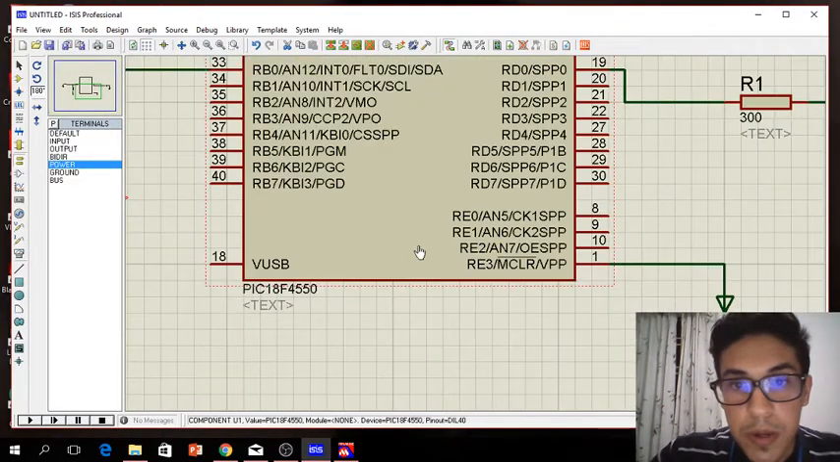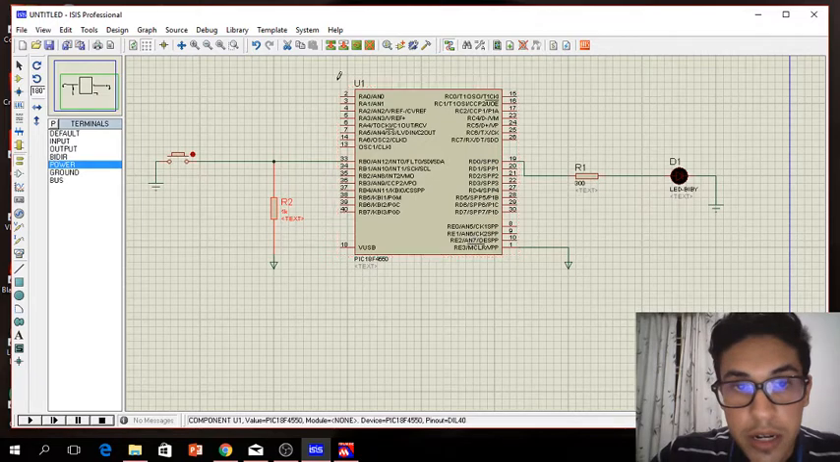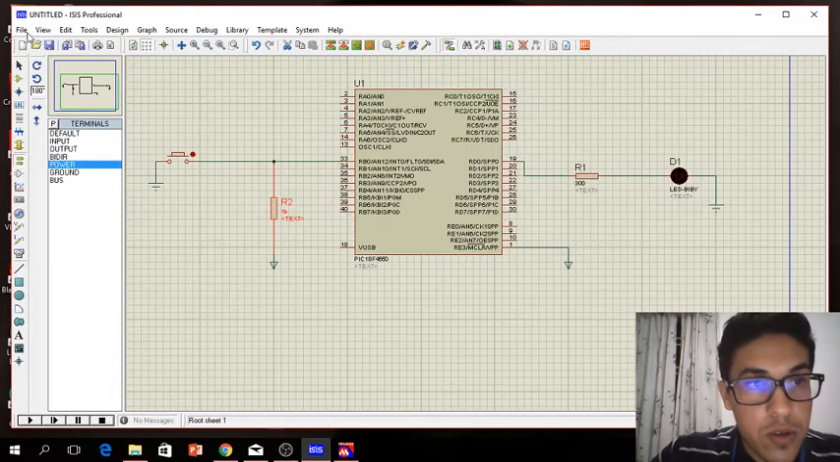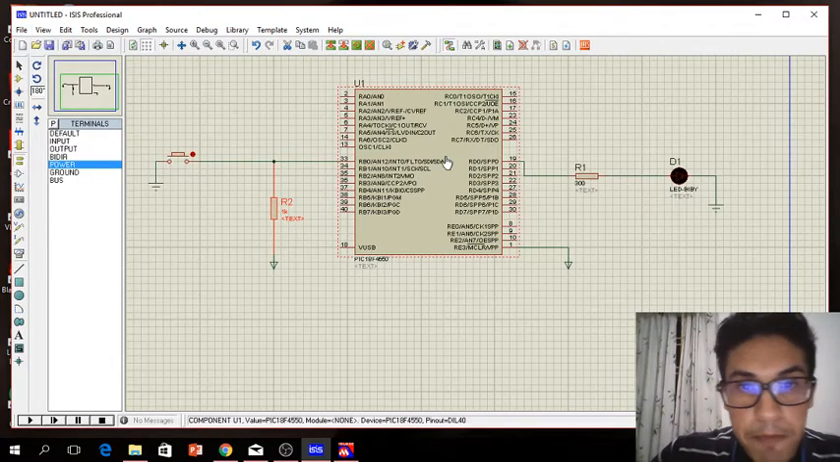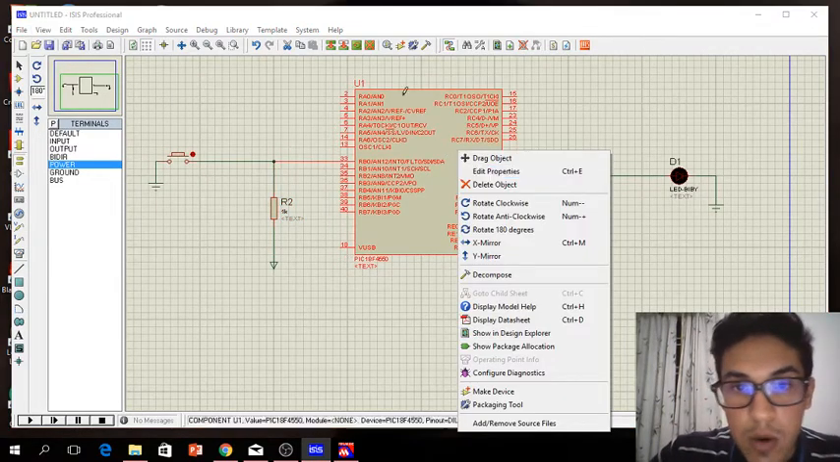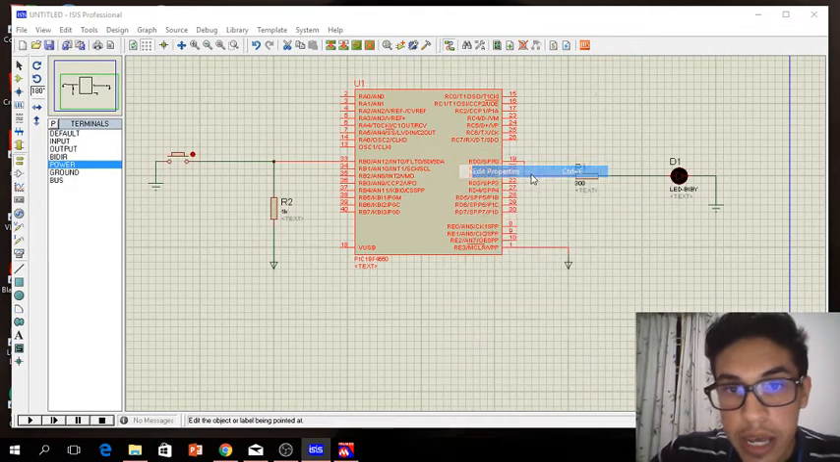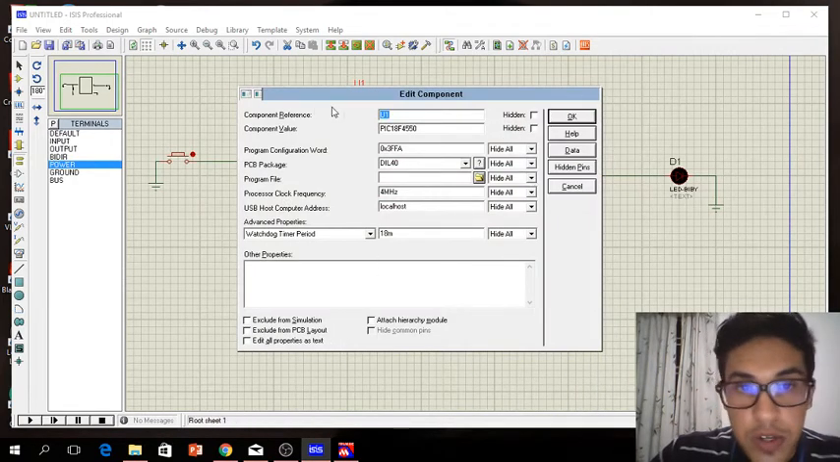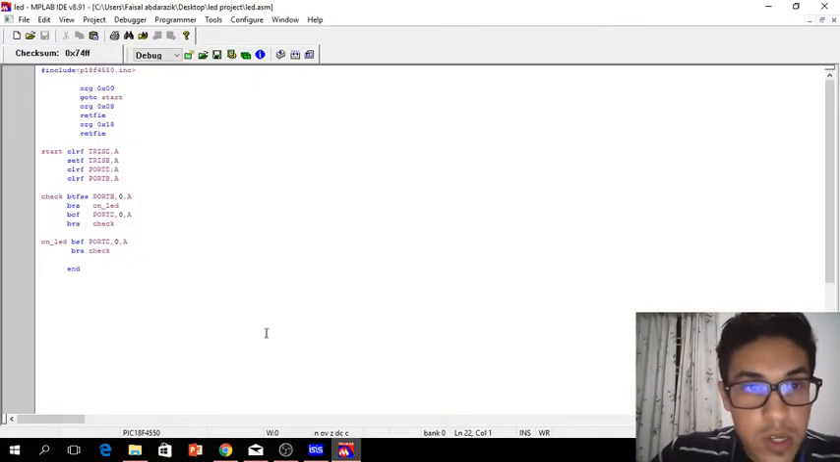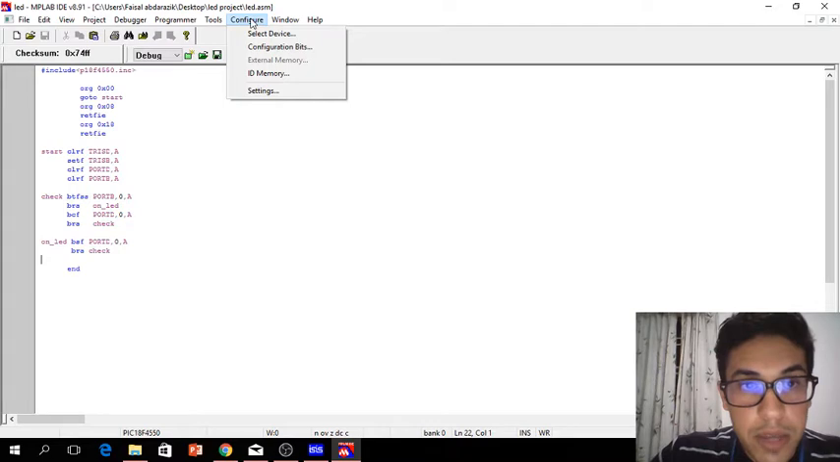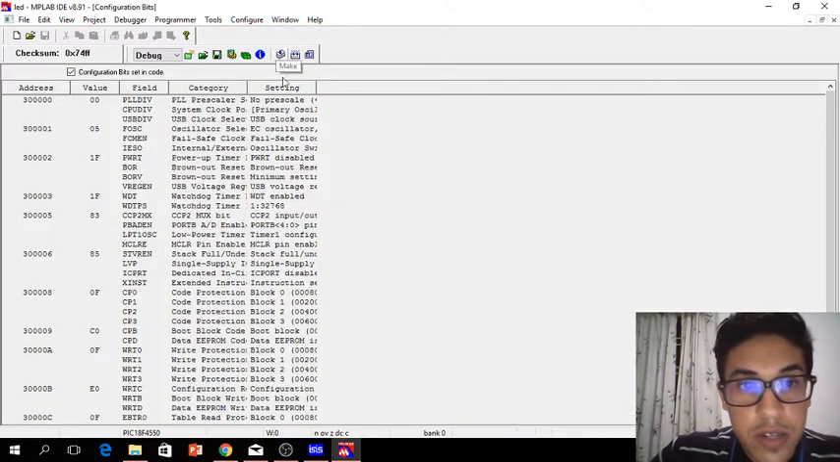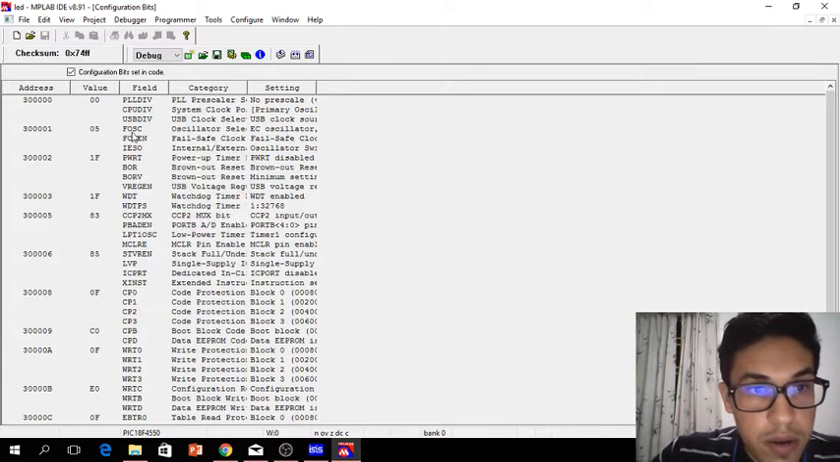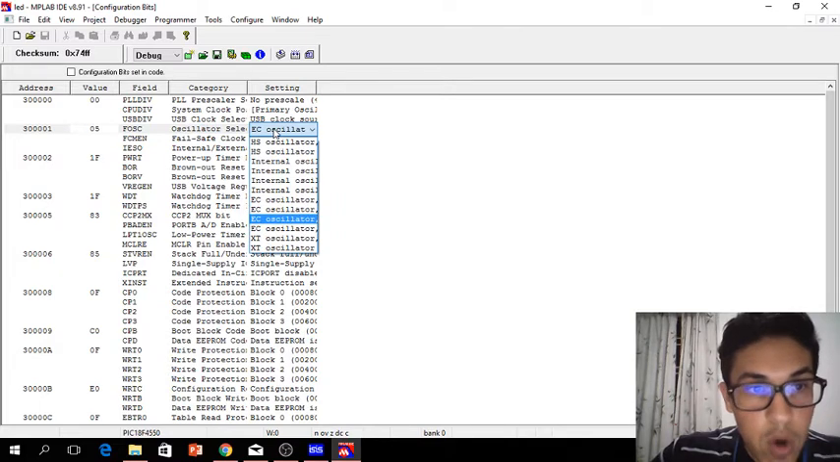Okay, after we have done with our export, let's go to Proteus again, to our software, to our circuit. We are here. Alright, let's right click on our microcontroller, edit properties. But there is one step that I have forgotten just now. Just go to the configuration over here, get back to the configuration. There are a few configurations that I need to reset again. So first of all, you uncheck this. Okay, press on our FOSC